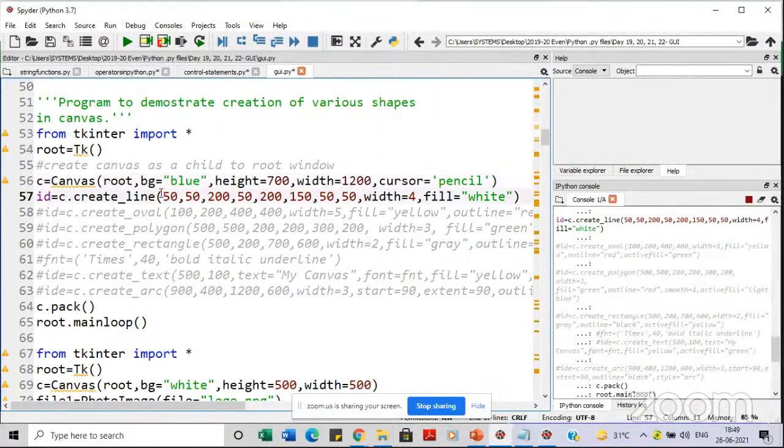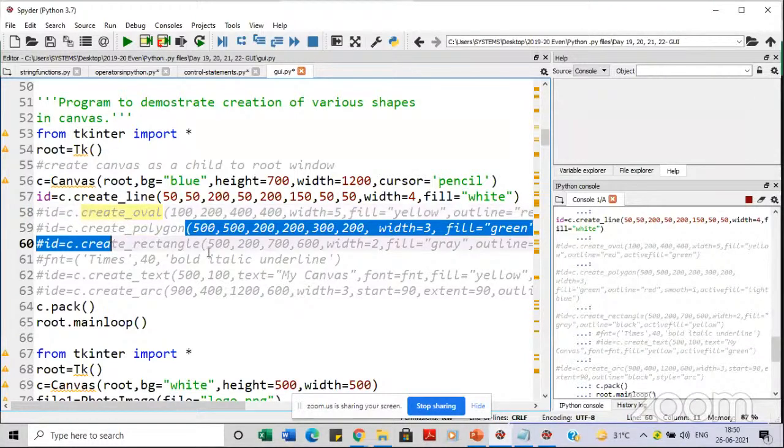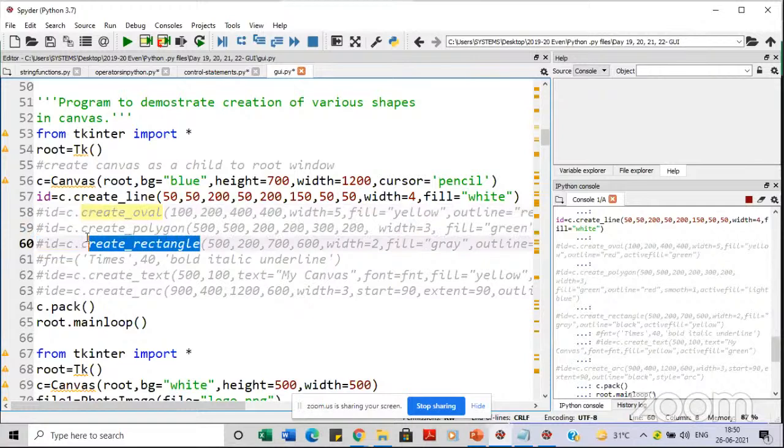In the same way, we have other functions which I want you to explore. The next function is create oval, which helps us create a circle and also an oval shape. It uses a lot of coordinate geometry in the background. You should know the basic understanding of what x and y coordinates are and how they work on the screen. If you understand a little coordinate geometry, these functions are pretty easy to understand. Similarly we have create polygon and create rectangle, so you can explore these functions and draw different geometries